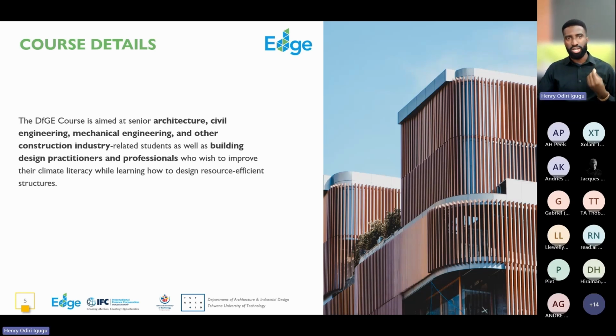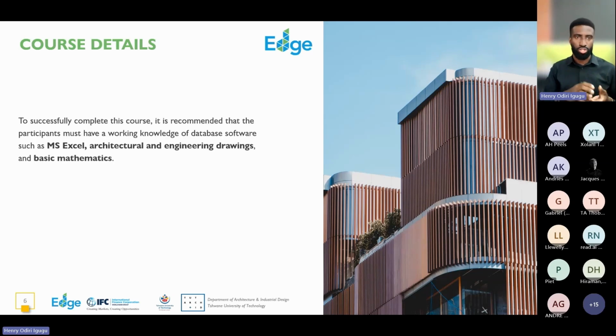As I have mentioned earlier, it improves your climate literacy and helps you learn how to design resource-efficient structures. Now, to successfully complete this course, you don't need advanced simulation knowledge or advanced simulation software.